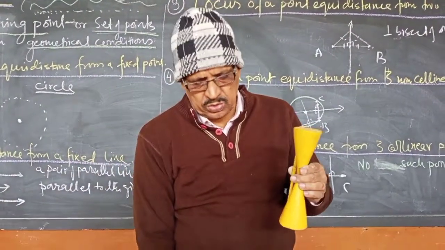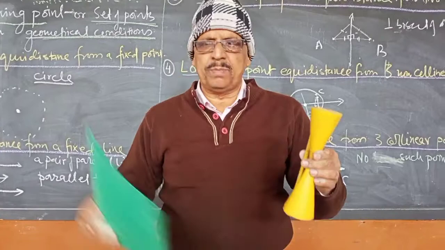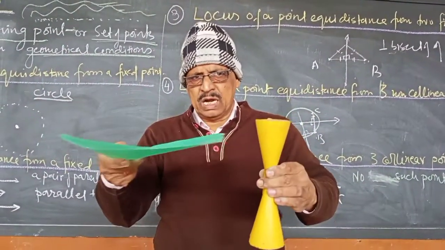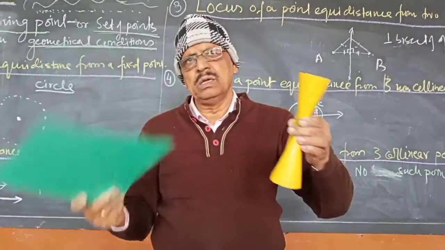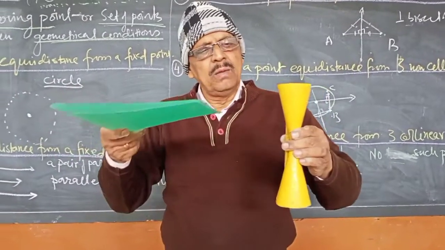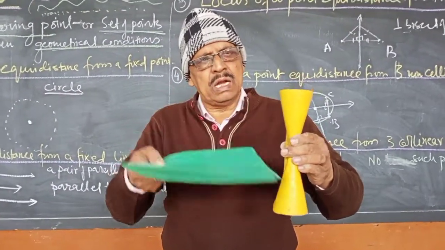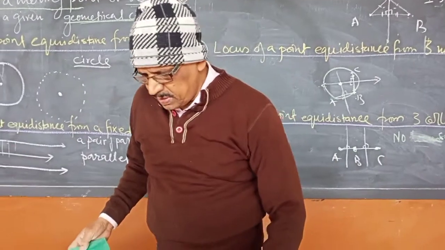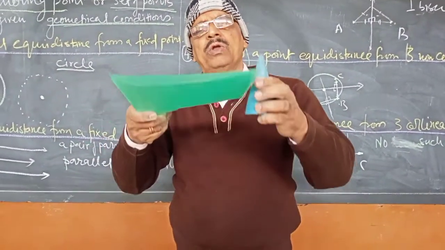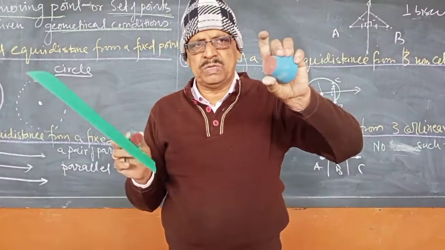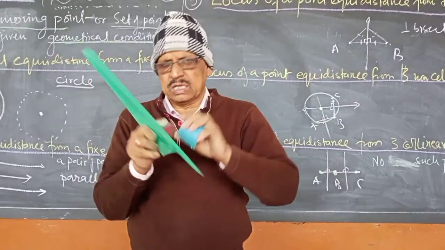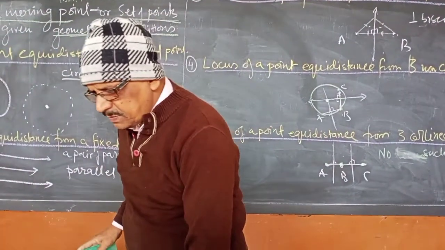And in this double cone, if we make a section with a plane, this is the plane, I can cut this way, I can cut this way, so different types of shapes are coming. If I cut parallel to the base, anywhere parallel to the base, then it cuts at one plane only. The shape that is coming is called a circle. What type of section is coming? Circle.